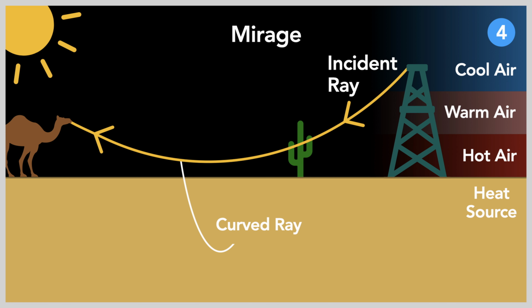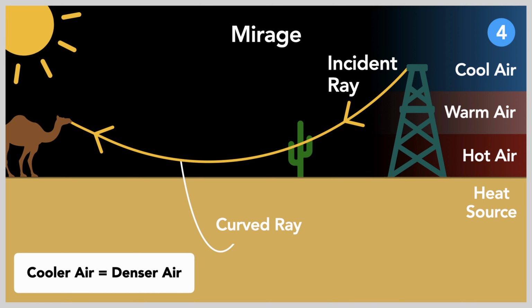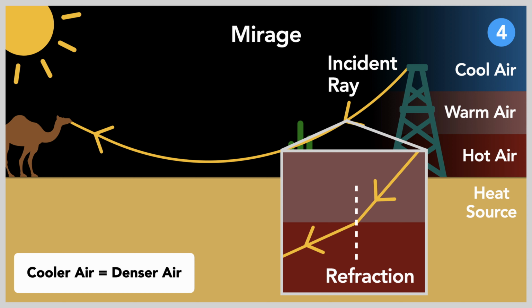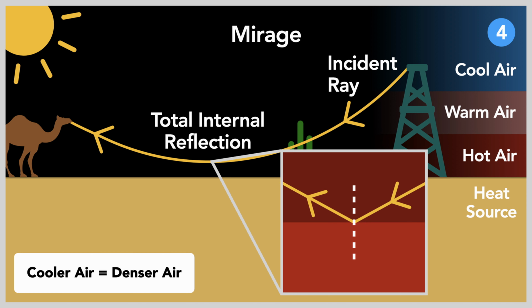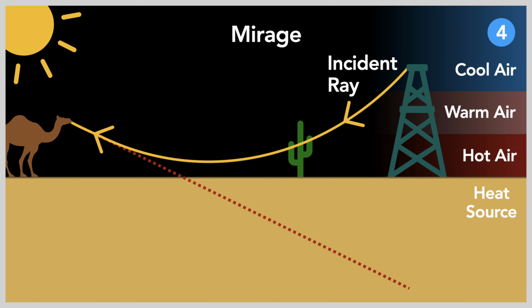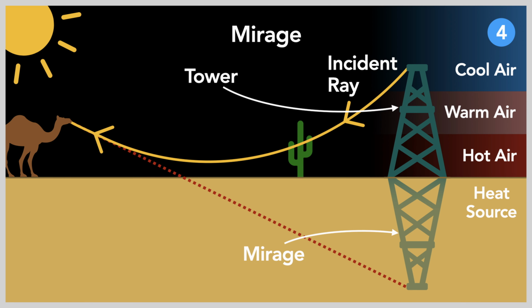According to particle theory, we know that cooler air is denser than warmer air. We can plot a ray diagram accordingly to better visualize, as shown here. The light ray is passing through denser cool air to lighter warm air. Thus, the ray bends away from the normal. This process repeats until the angle of incidence reaches its critical point, achieving total internal reflection. The light ray points up and reaches the camel. The brain perceives this image as originating from the ground, forming what we call a mirage.